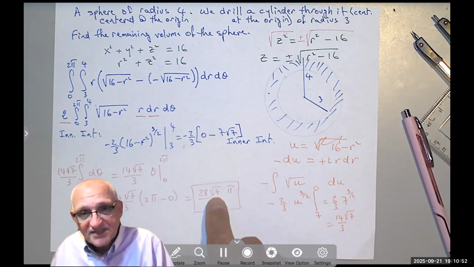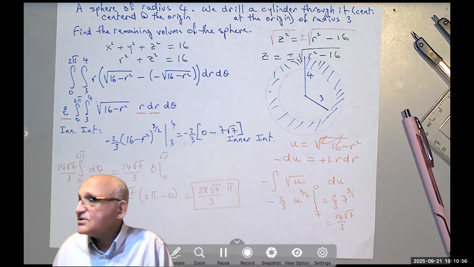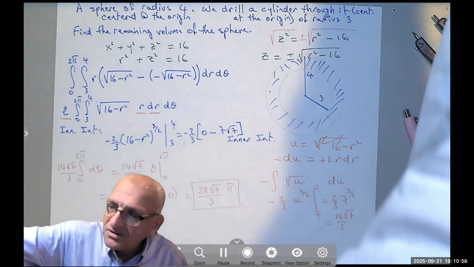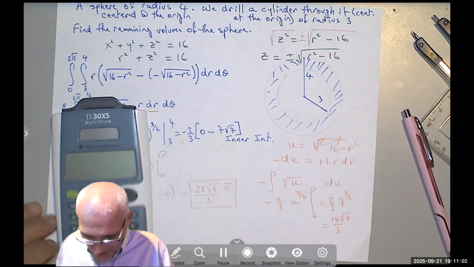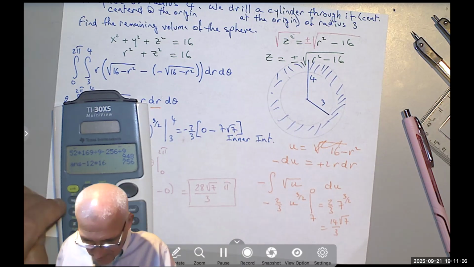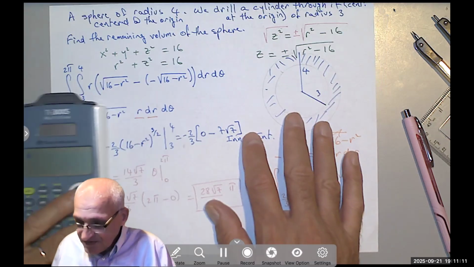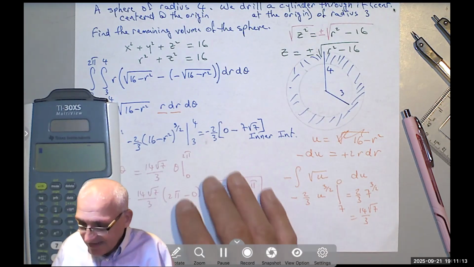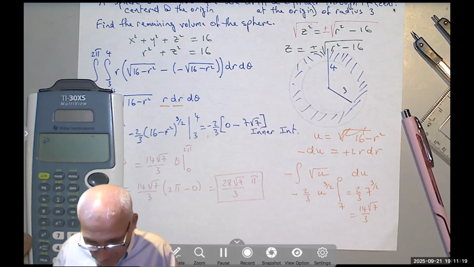And the square root of 7, I don't have the calculator with me here. I think this one works. So let's see. If we look at the volume of the sphere without drilling anything,